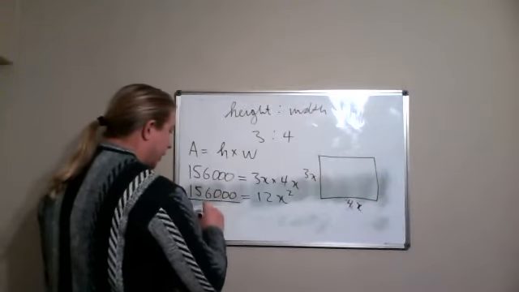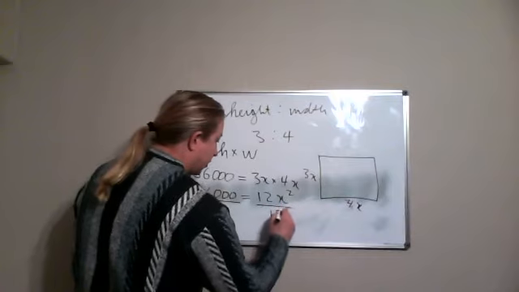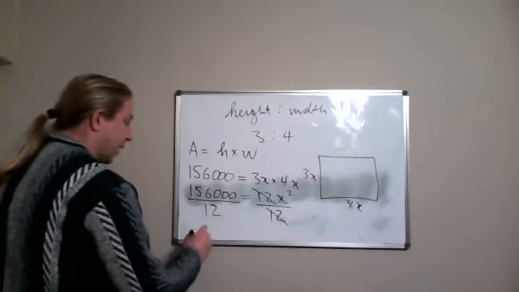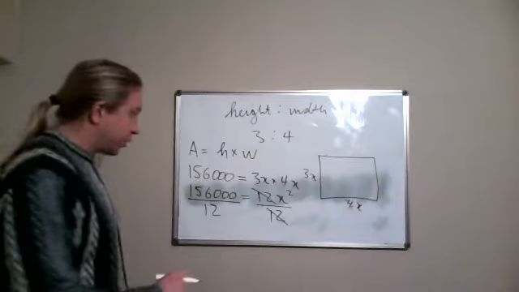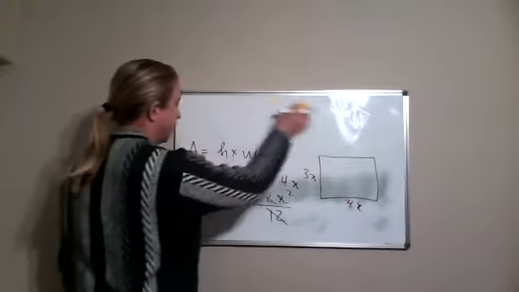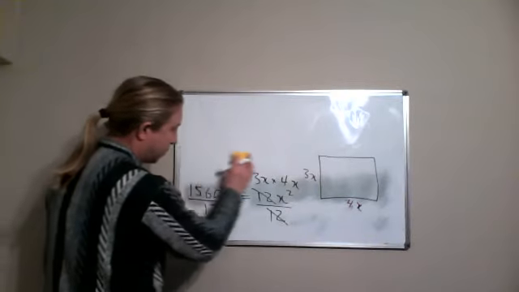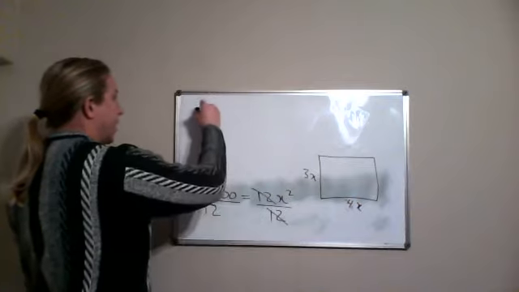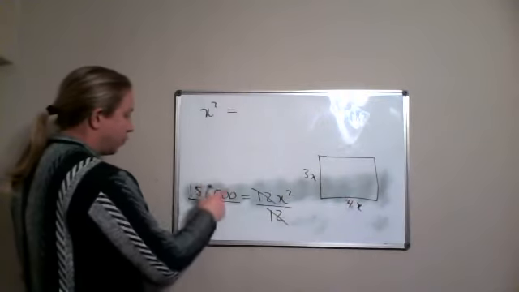We divide by 12, divide by 12. That cancels with that, leaving us with x squared. So I'm just going to rub out on the top here. That will leave us with x squared, which equals